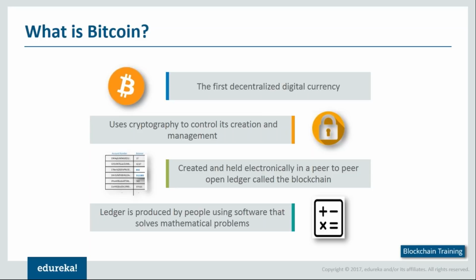Finally, when we talk about the ledger itself, this is something that gets produced by solving mathematical problems. So this is what I was talking about earlier. You have to solve different mathematical problems to create a new block which has the complete transaction details, and that requires a large amount of resources. So it's not quite easy to create a new block or modify an existing block, and this in turn ensures that the ledger as well as the blockchain system is highly secure and immutable. So are you guys clear with respect to what is the Bitcoin?